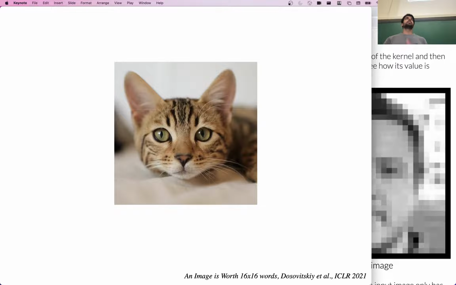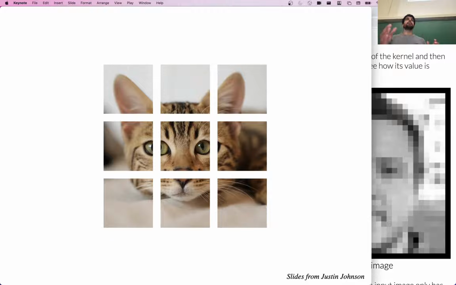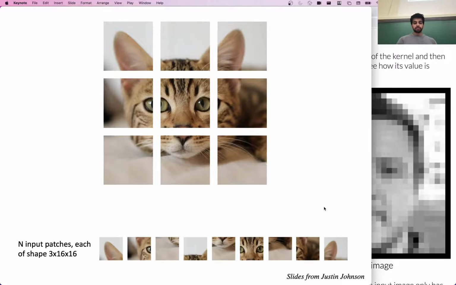The basic intuition is you take an image and you split it into patches. So now you're not looking at each individual pixel, but rather a patch, and in their setting, a 16 by 16 patch. Here we have, let's say, 9 different patches in this cat image.